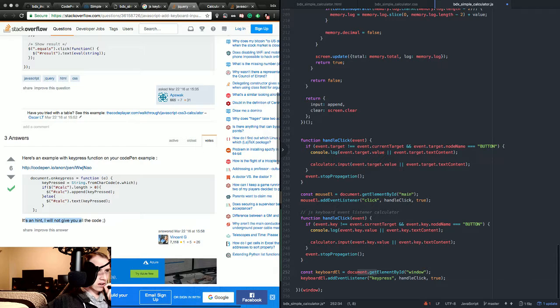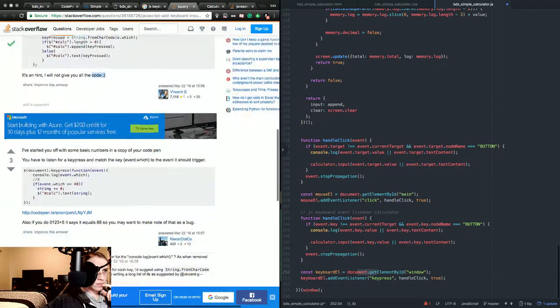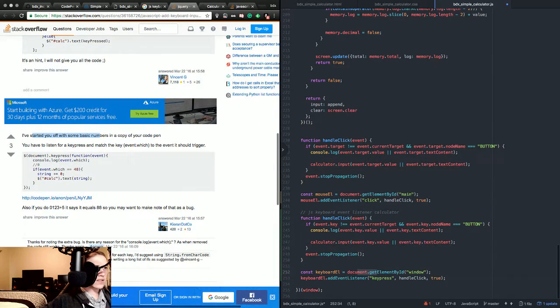It's a hint. I will not give you all of the code. Start you off with some basic numbers in a copy of your CodePen. You have to listen for a key press and match the key event.which to the event it should trigger. Document.keyPress function(event), console.log(event.which). If event.which equals 48, string plus equals 0, calc string,